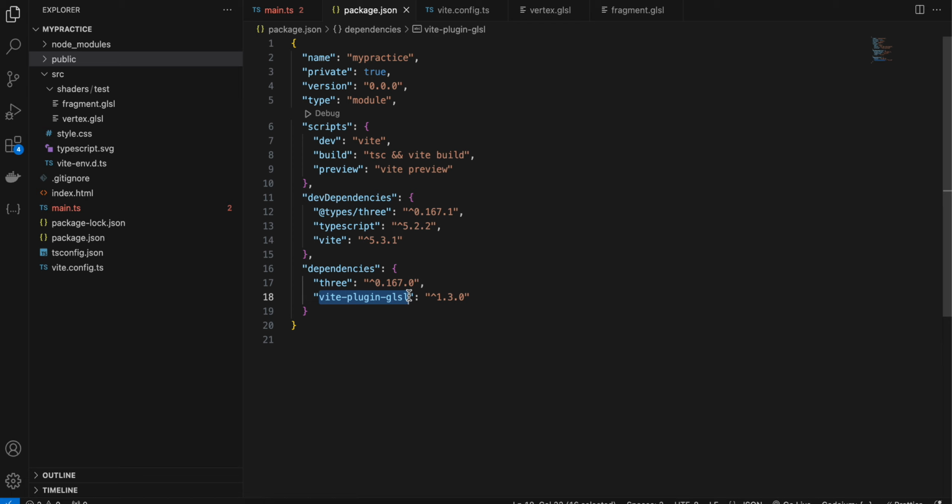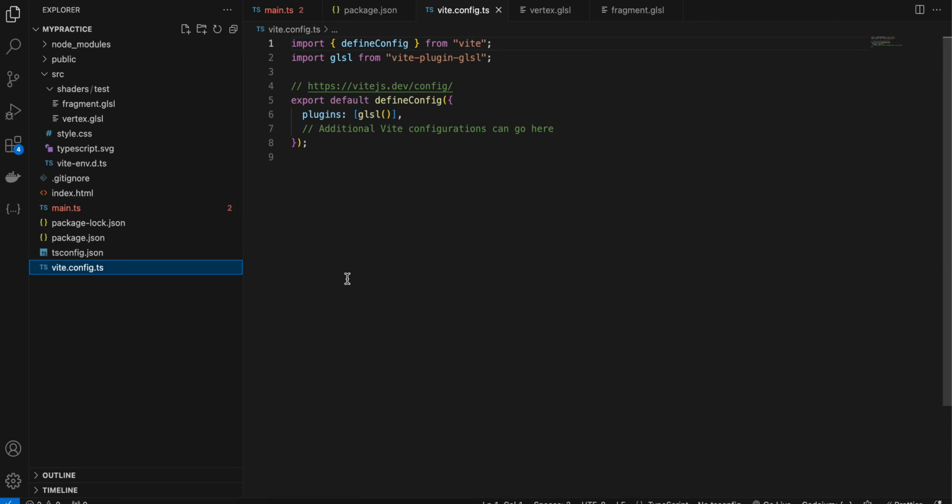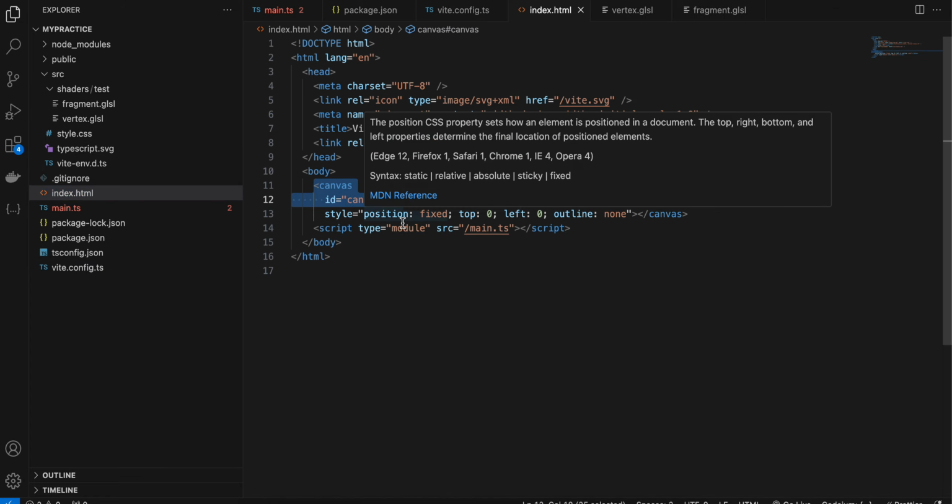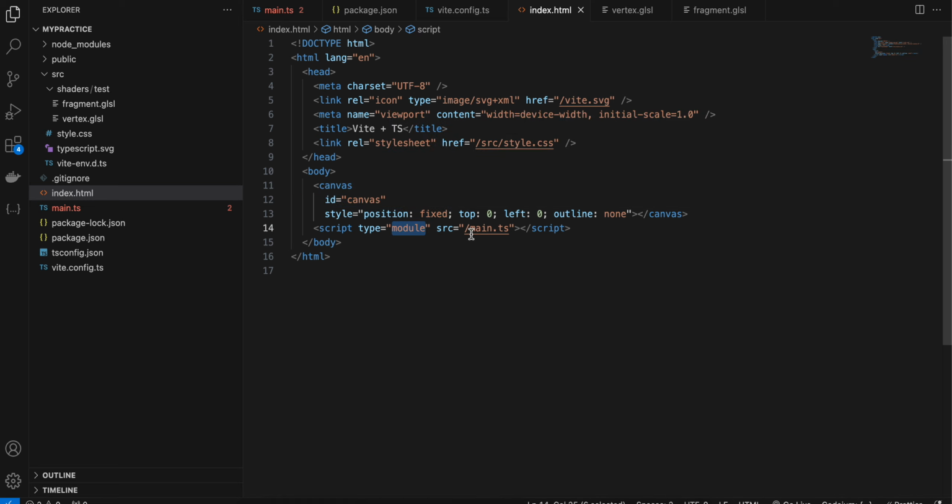so that our project can understand the shader GLSL language. Okay, then in case you don't have this vite.config.ts, in my case it wasn't present, so I had to create this file manually, and then you can just copy paste this code. Once this is done, everything is set up. Then inside index.html, I have just taken one canvas and I have attached our script of main.ts